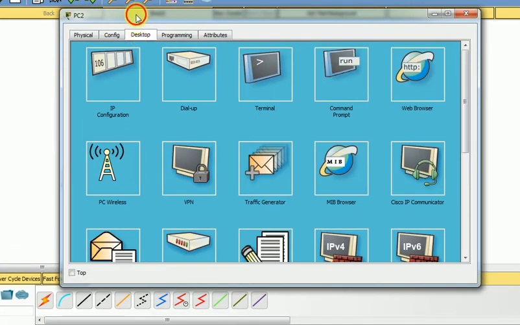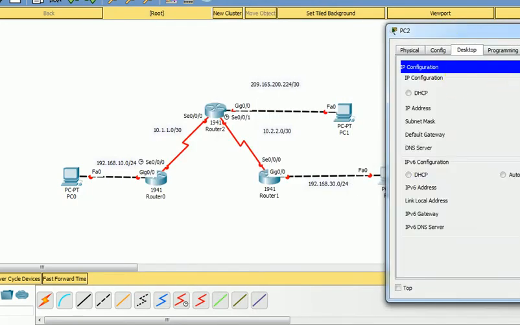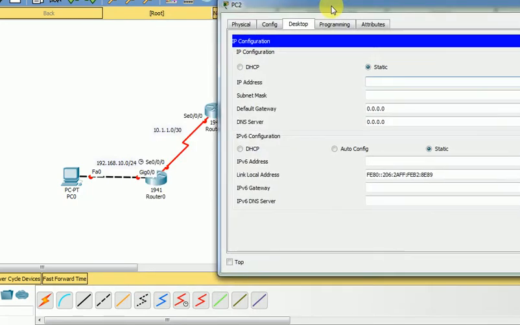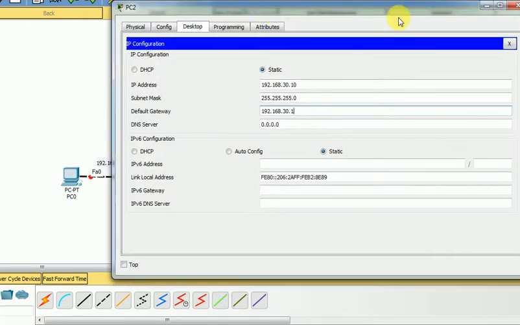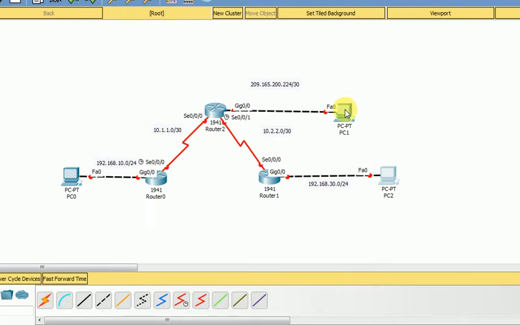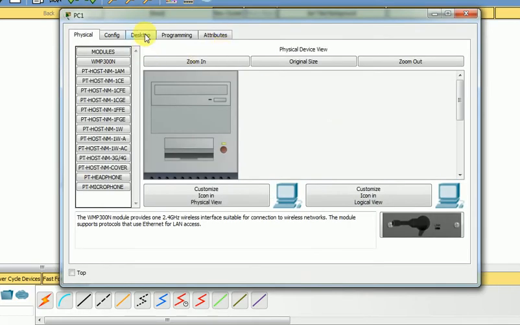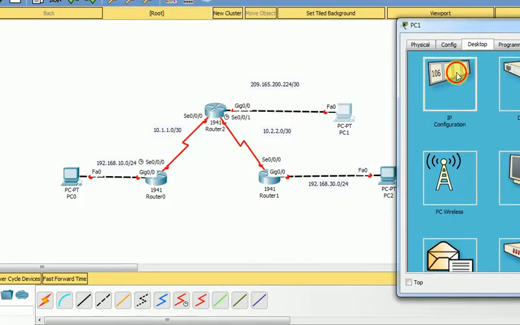and then we use the same address .10, 192.168.30.1 for PC 2, and then for the last PC we use